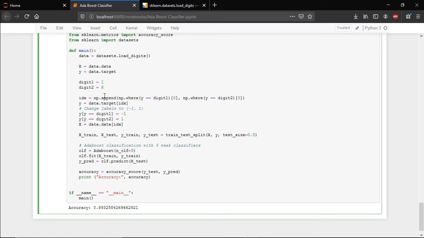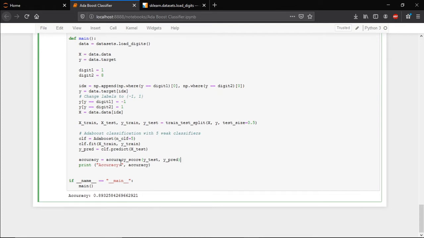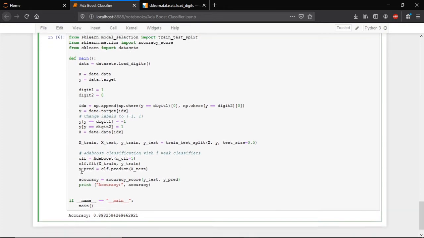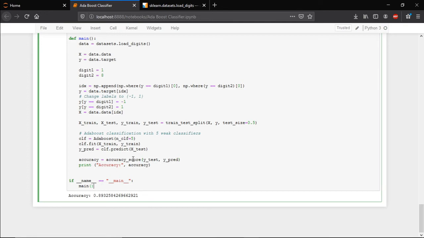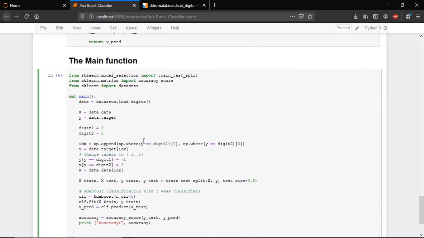Now after loading the data, we will split the data in proportion of 0.5. After that, we will call our Adaboost classifier with number of classifiers, or you can say the number of decision stumps, equal to 5, and we'll fit the data on the training set and predict on the test set. After that, we'll measure the accuracy of the decision stumps, or the collection of decision stumps, or you can say Adaboost. And after the definition of the main function, we will call the main function here, and we can see the accuracy is 0.89. So this is how Adaboost is implemented,